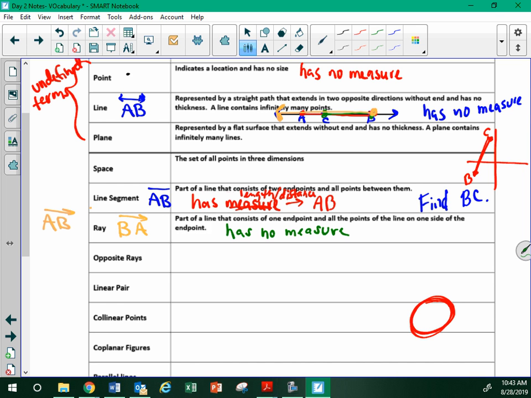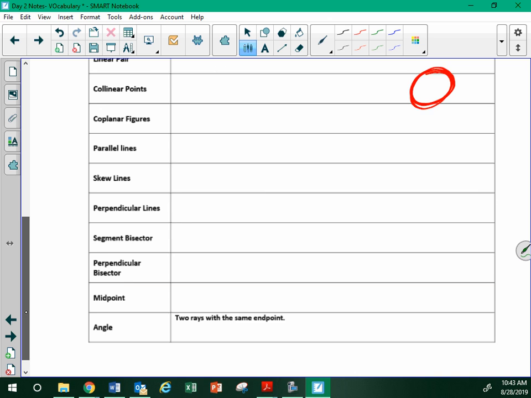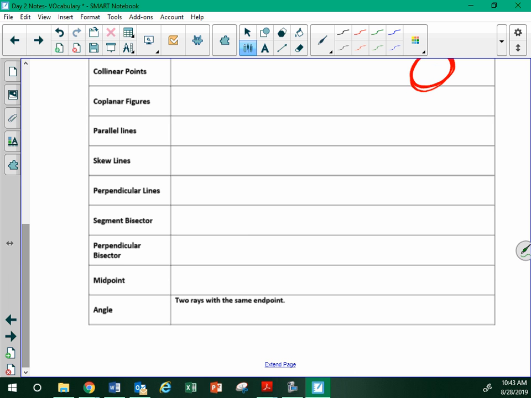Now, what do you have when you put two rays together with the same endpoint? What do we call that? An angle! All right, go down to the very bottom of your page. An angle, two rays with the same endpoint. Now, an angle does have measure. We can take out that protractor and measure it. So an angle does have measure, so we do have two notations, one to talk about the angle, one to talk about the measure. When we talk about an angle,